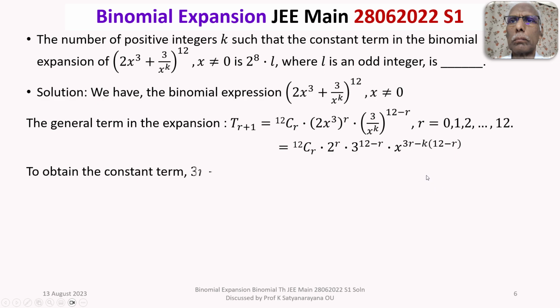To obtain the constant term, the exponent of x must be equal to 0. That is, 3r minus k times 12 minus r is equal to 0. Then k will be 3r by 12 minus r, where r takes the values 0, 1, 2, 3 up to